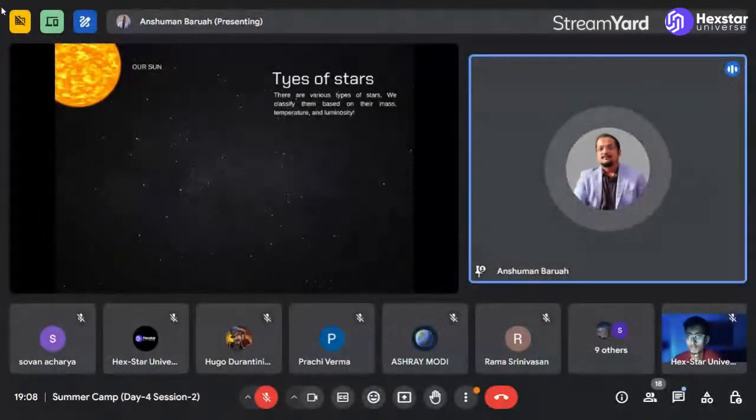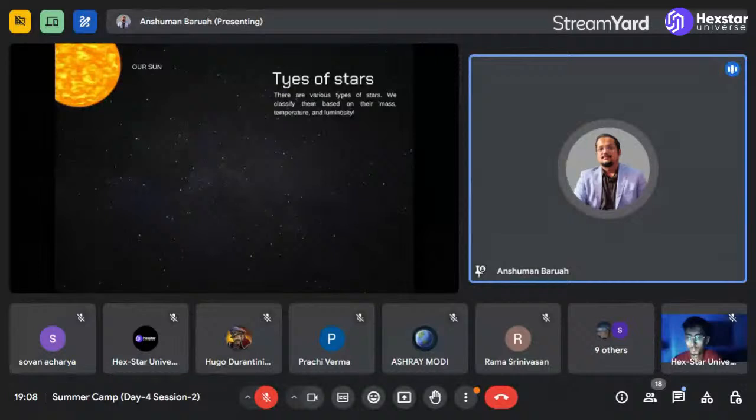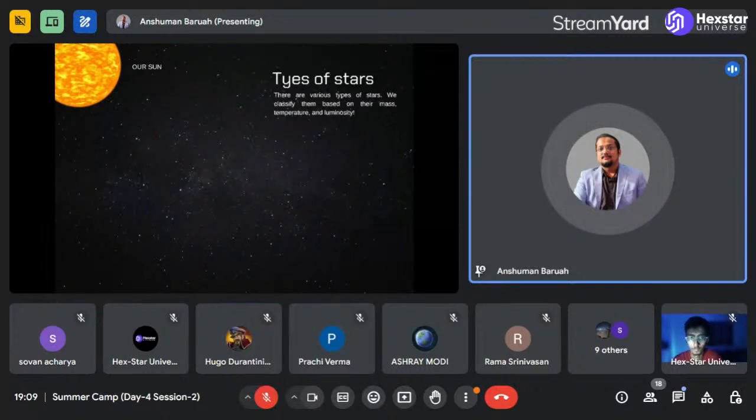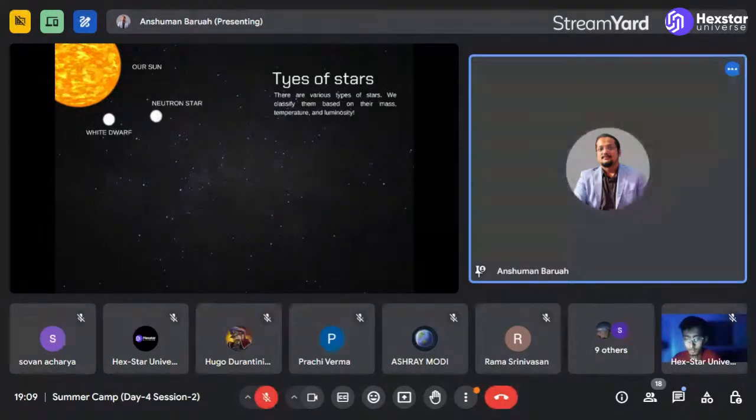So let's start with our own sun. Our sun is what we call a main sequence star. It's a fairly common type of star in the entire universe. It's burning hydrogen at its core, converting this hydrogen to helium, and all of the radiant energy we receive here on Earth is the source, the sustenance for all life forms on Earth as we know it. And then we have smaller and more compact objects such as white dwarfs and neutron stars. These are objects that are born out of the death of different types of stars.